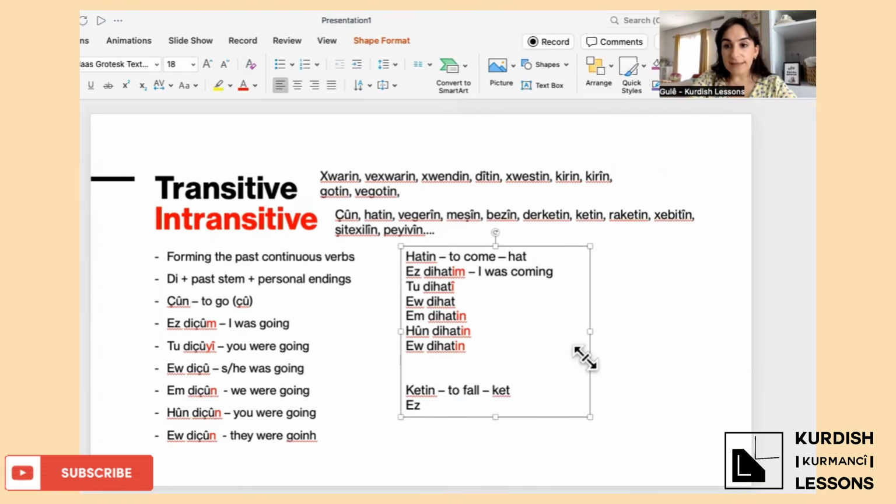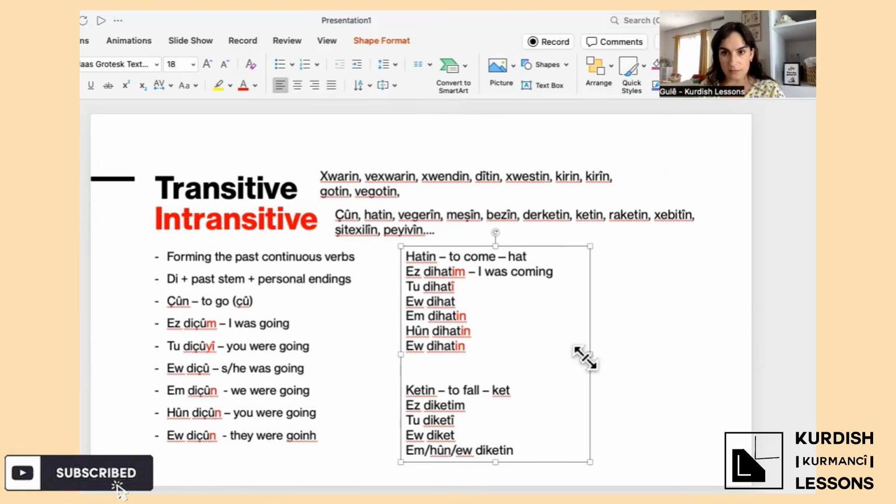I was falling. How do we say it? Think. The stem is cat. As the kitten, to the catty, or the cat, am kun, or the kitten. Okay? Like the hatem, the kitten, the catty, the cat. And with intransitive verbs, this is the affirmative form.